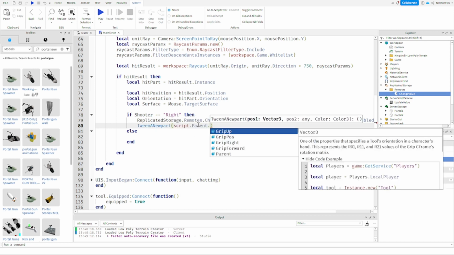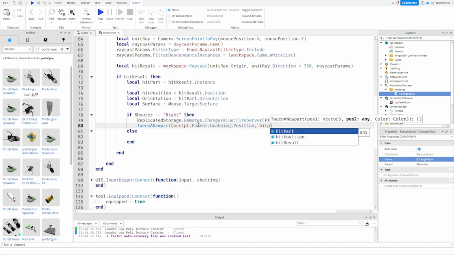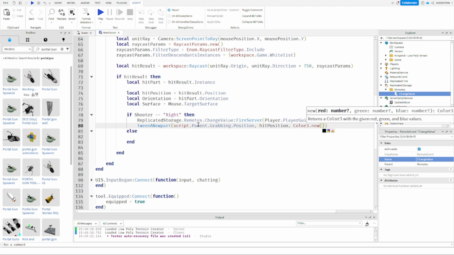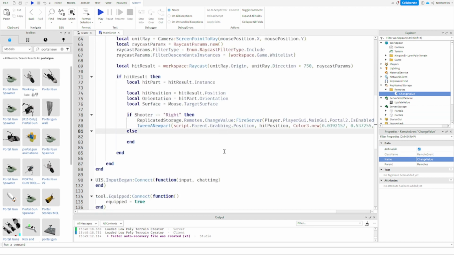Script.Parent.Grabbing.Position, hitPosition, Color3.new, and I have a certain color already picked out for this. There we go. And then after that,